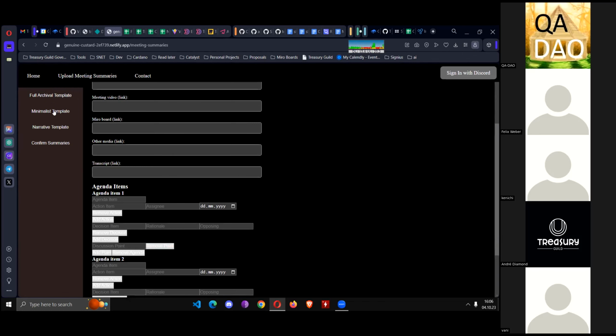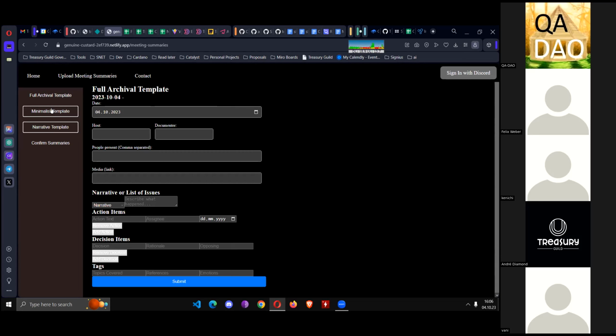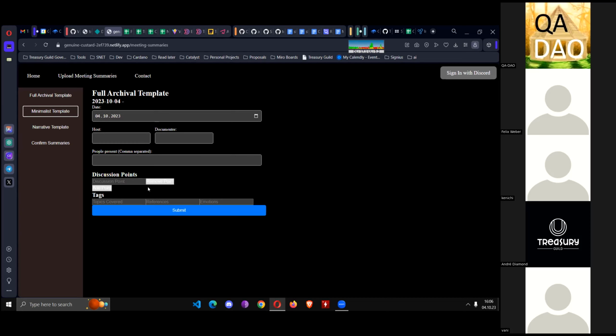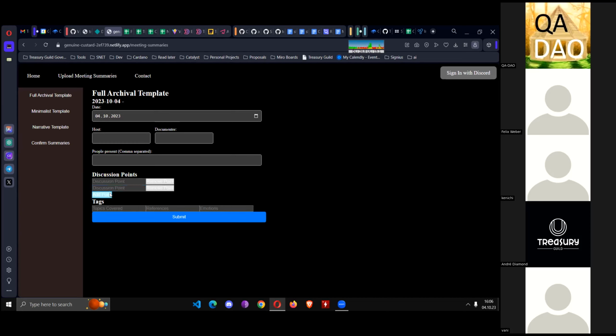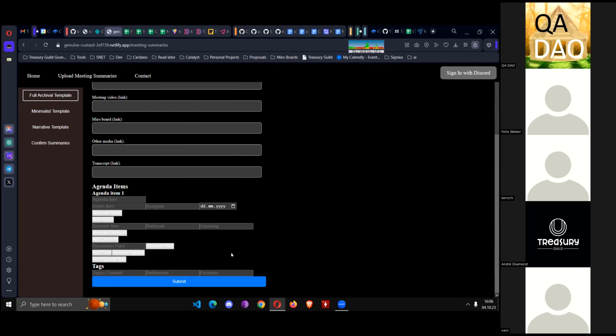I don't know if I'd necessarily call it informal. It's just a different way of thinking. It tends to be chronological. People write this happened, then that happened, then that happened. Whereas the full archival approach breaks it into agenda items. And I suppose that is sort of chronological, but it does tend to be by topic.